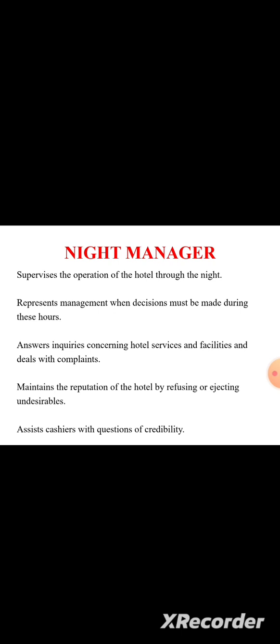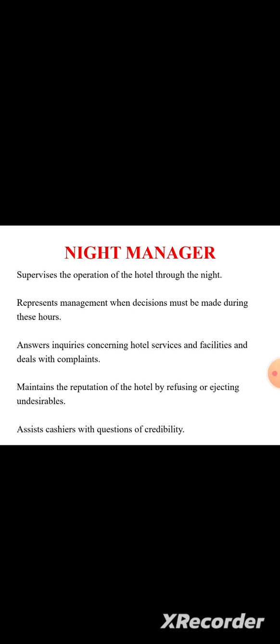Next one is the night manager, a very important person because of the supervision of the hotel's operation through the night. He represents the management, and decisions must be made during these hours. Answer queries concerning the hotel services and facilities, deal with complaints, and maintain the reputation of the hotel by refusing and rejecting undesirable guests.